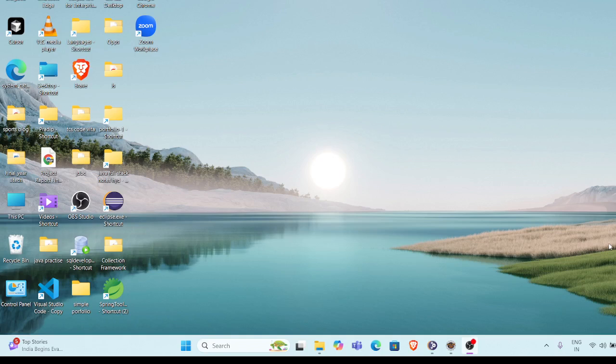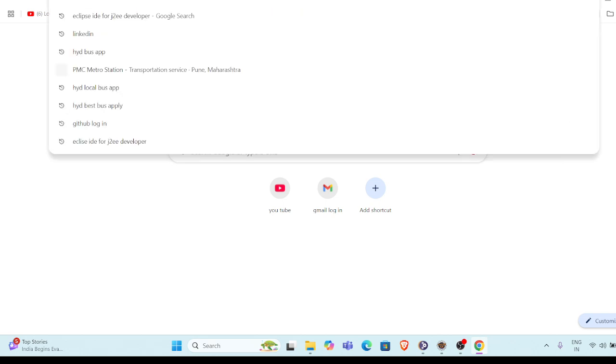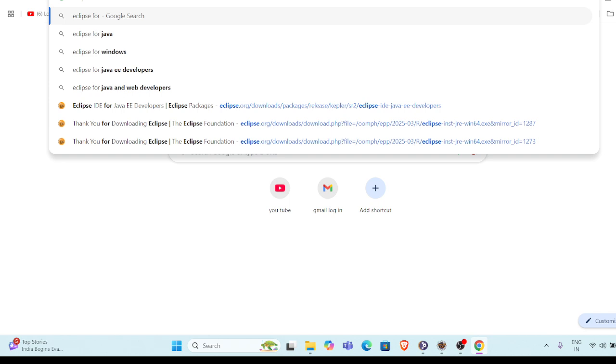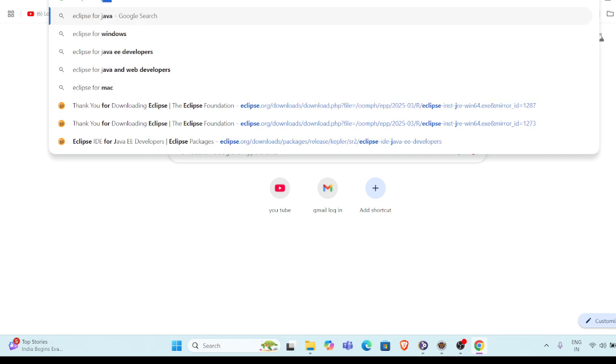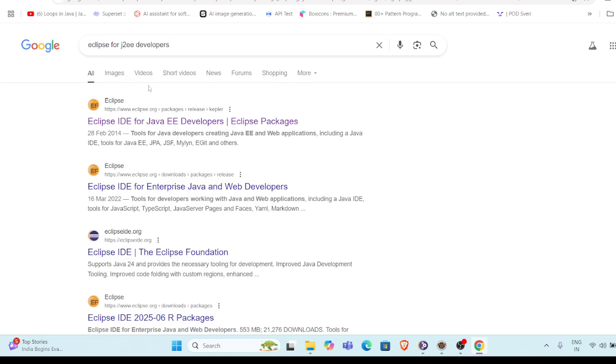Hi guys, so today we have to learn how to download the Eclipse IDE. Just go to the browser you have in your system. Just type Eclipse IDE for J2EE developers. For J2EE developers, just go to the first page of Eclipse,